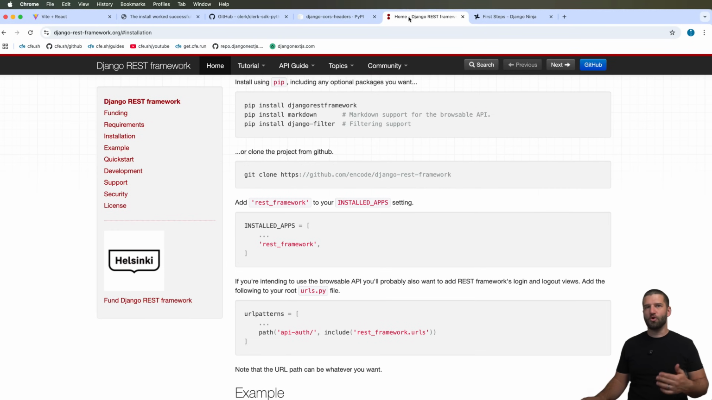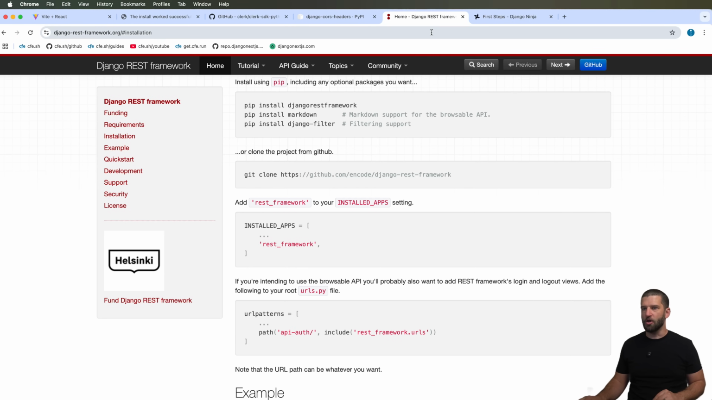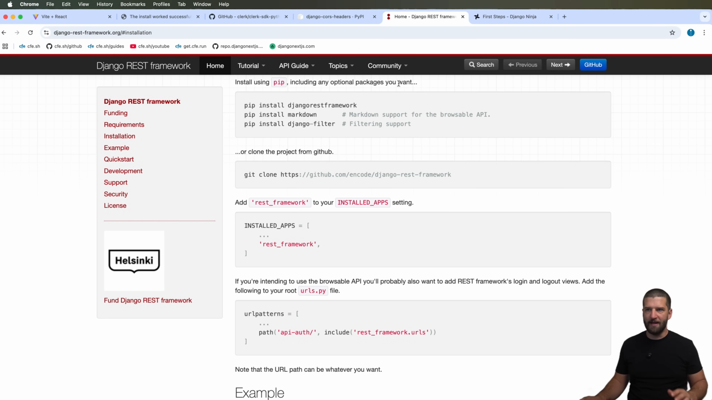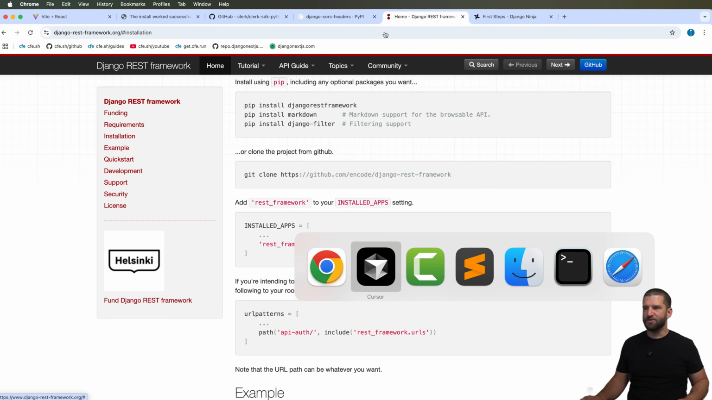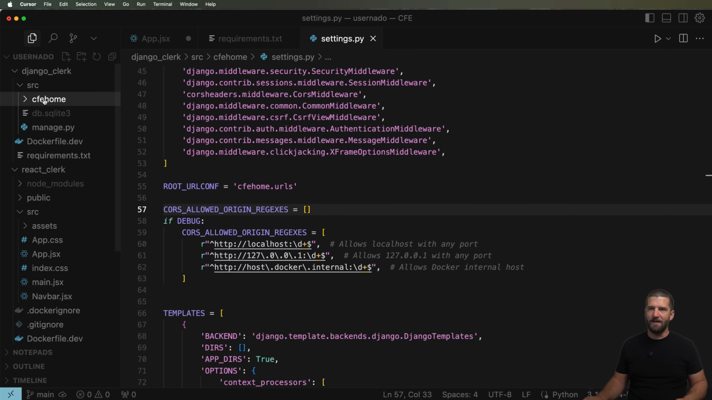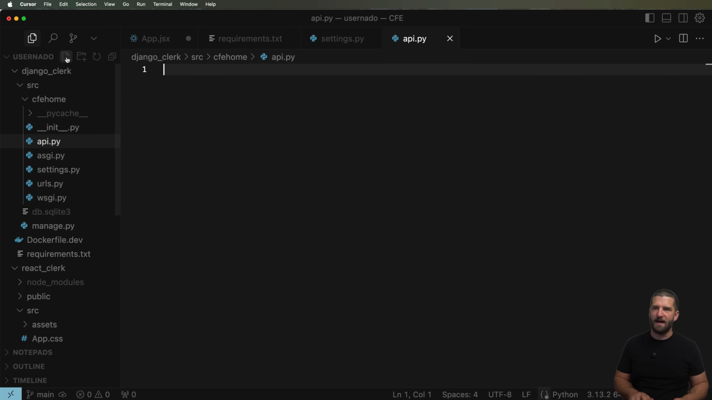Let's get our Hello World API endpoint working in our Django project so our React project can call it. Before we do that, you absolutely could use the Django REST framework or Django Ninja to actually handle your API. Or you could just build out custom ones with Django directly, which is actually a really straightforward process. So inside of CFE home here, I'm going to go ahead and create a file called api.py,